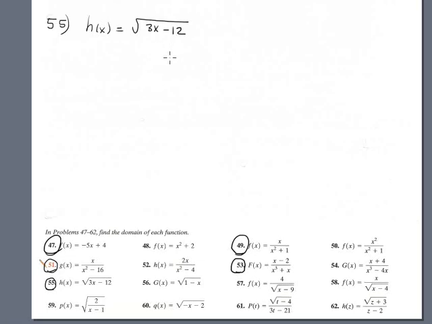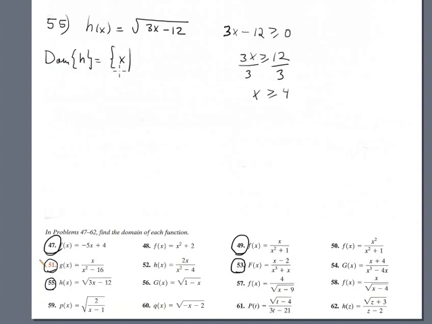Okay, 55. 55 is a radical. And when it's a radical, remember you take the expression inside the radical. It must be greater than or equal to 0. No negative. And so for x, this is 3x greater than or equal to 12, divided by 3 on both sides. x is greater than or equal to 4. The domain, conclusion, domain of the function h